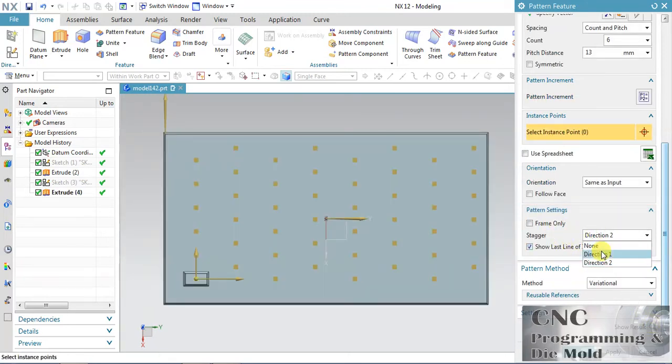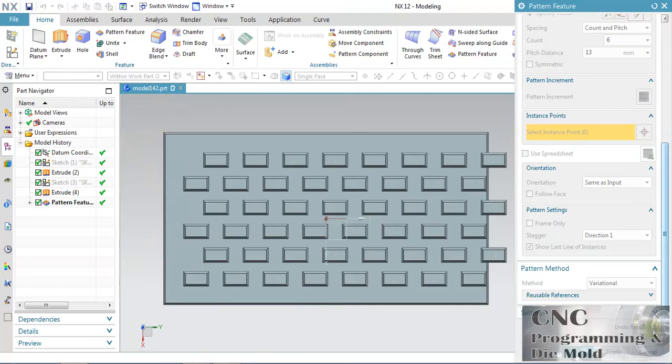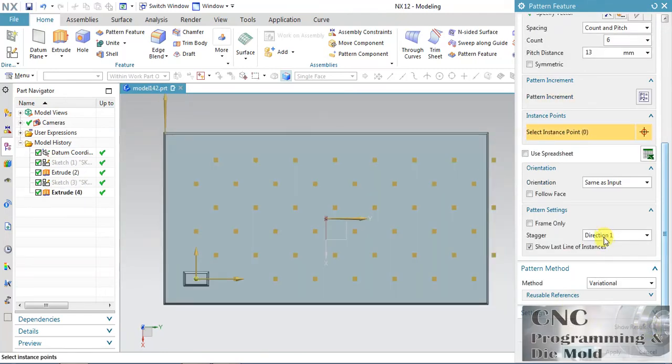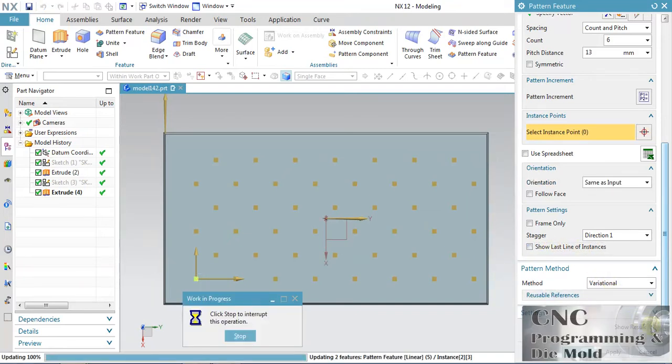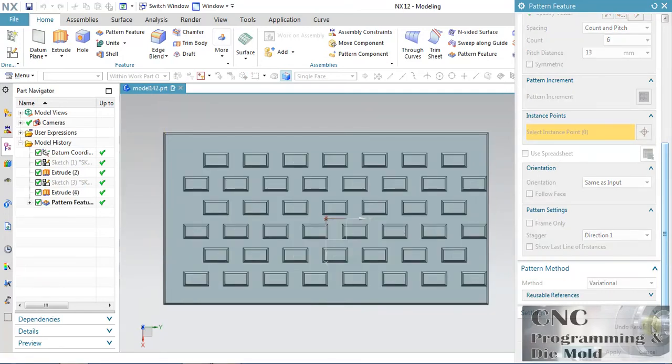In the first direction it will stagger like this. If you want to stagger between the boundary, click over this.